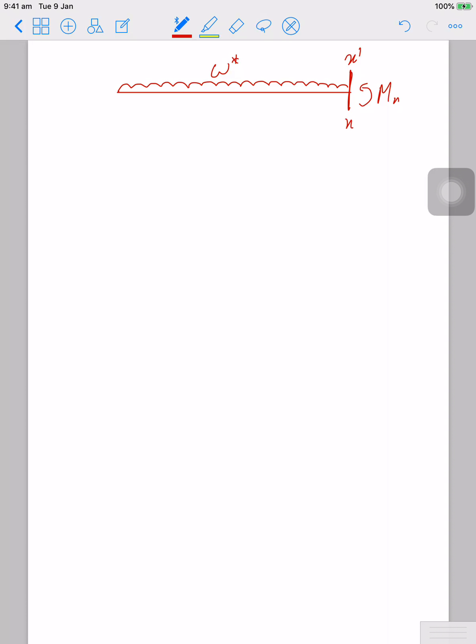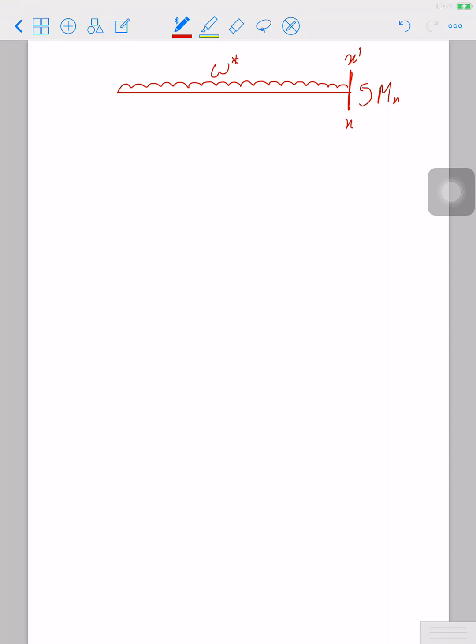0.7 omega star, and then we have NB acting at 3 meters away from our left end, and then I'm going to take my X, my reference starting from the left edge. So you take the moment about XX bar,